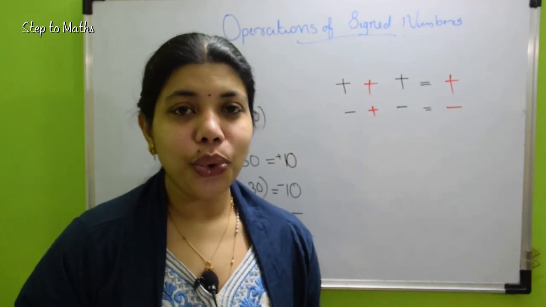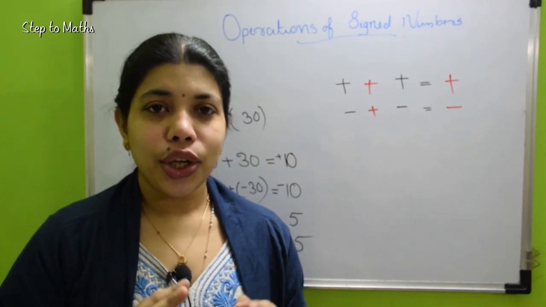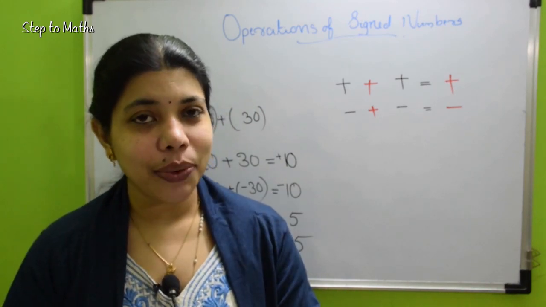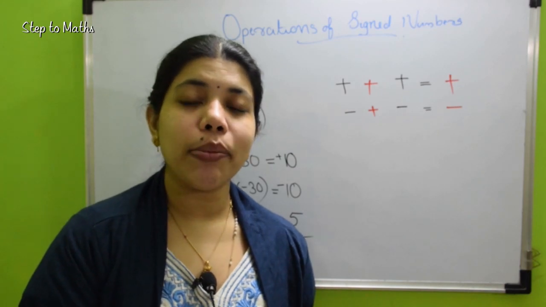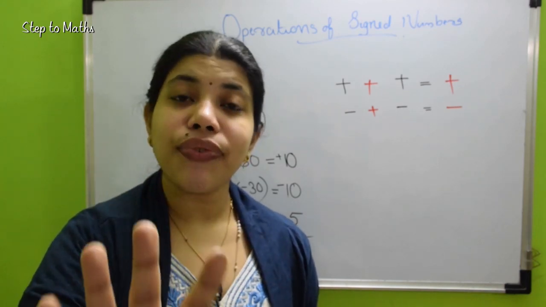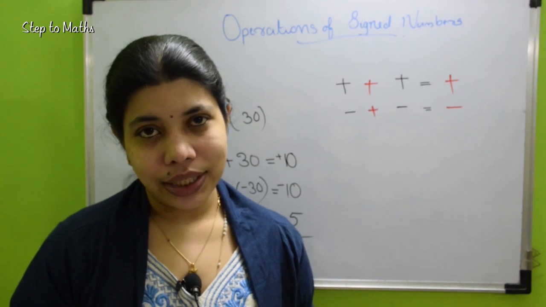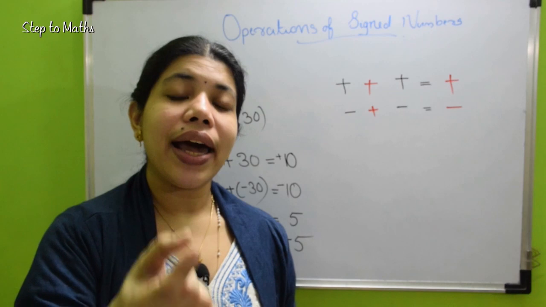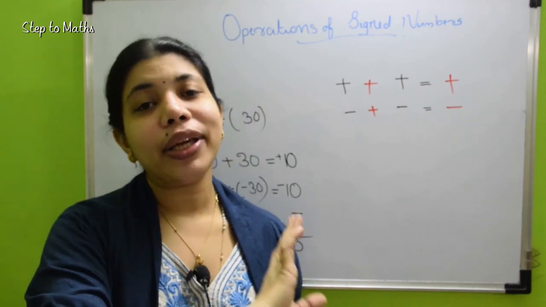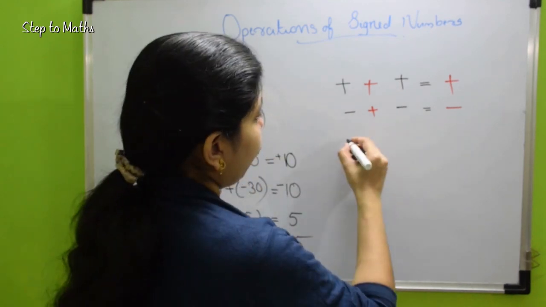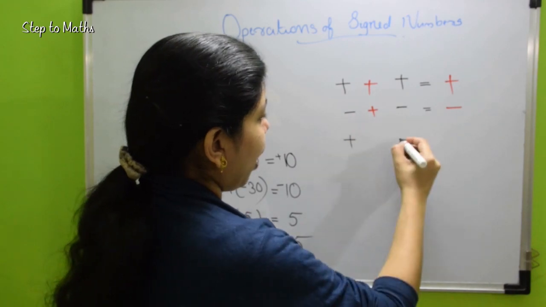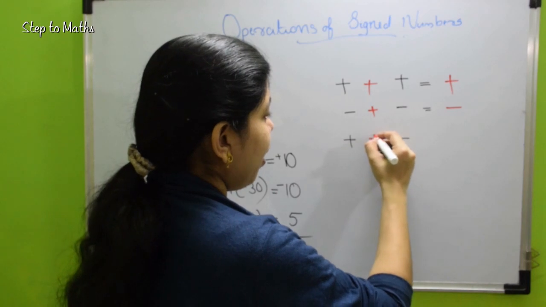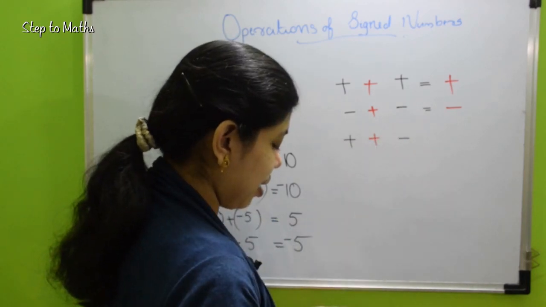So we can conclude that if we want to add two numbers, one is a positive number and one is a negative number, just find the difference between the two numbers and put the sign of the larger number among the two numbers. If one is positive and one is negative and we add the two numbers,